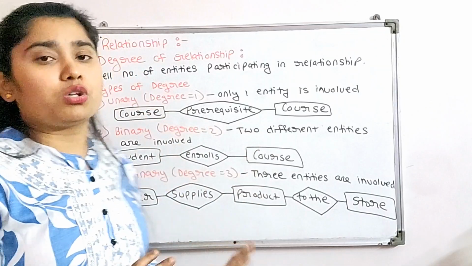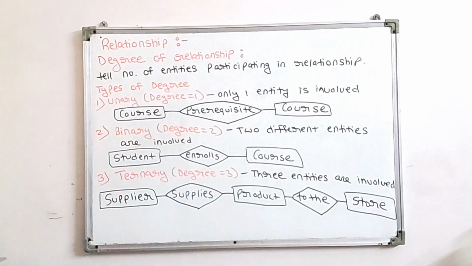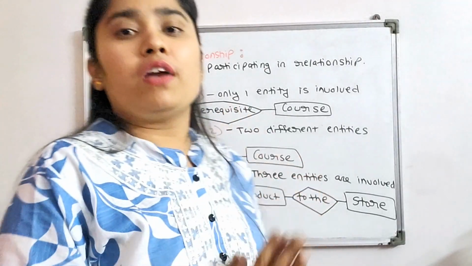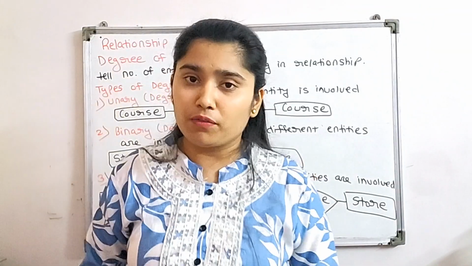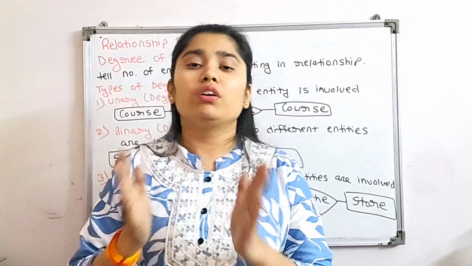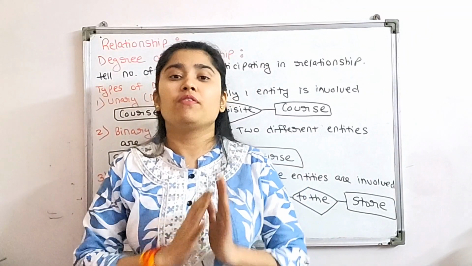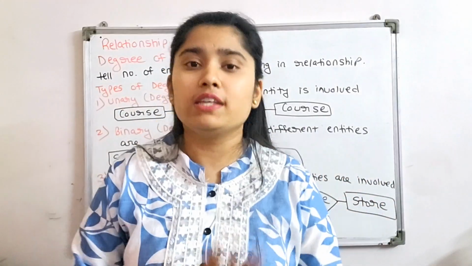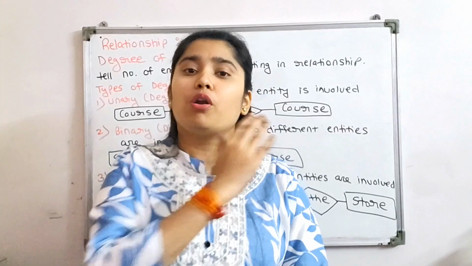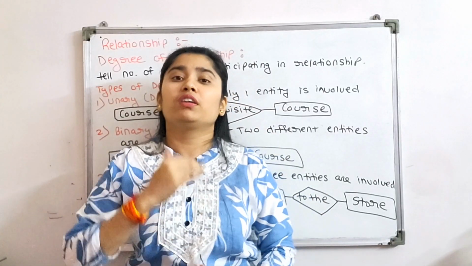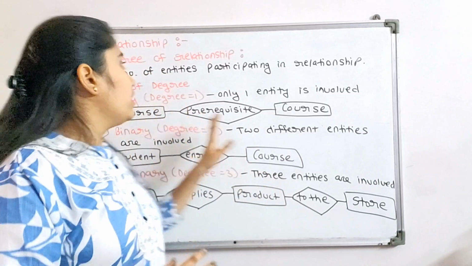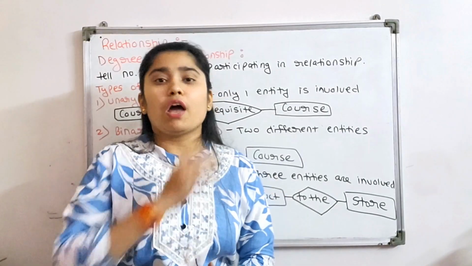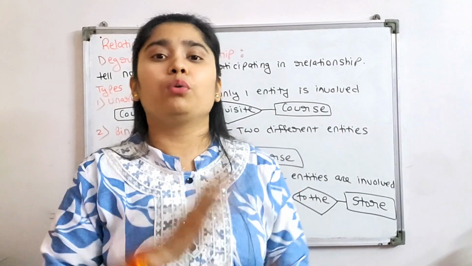You may want to take a screenshot or write it down. Yes, so now in this video we have studied the ER model, what it is and what the components of the ER model are, that is attributes, keys and relationships. We have seen the types of all these keys, attributes and relationships, and also the types of relationship, which are also called mapping constraints, and we have also seen the degree of relationship. I hope all your doubts related to the ER model are clear.